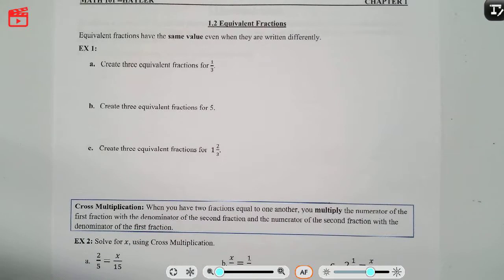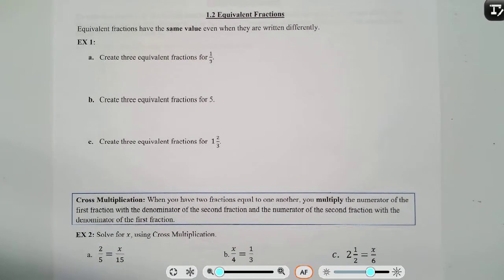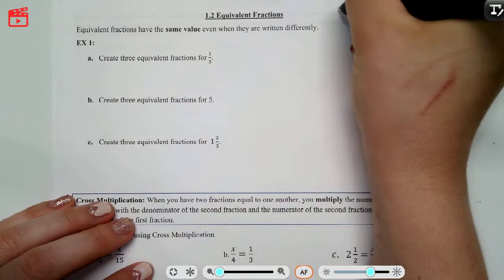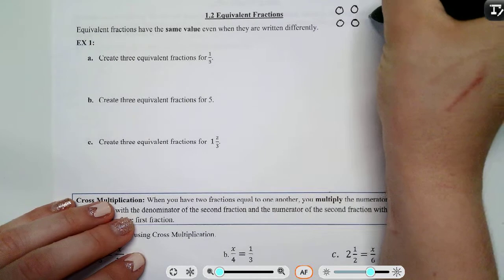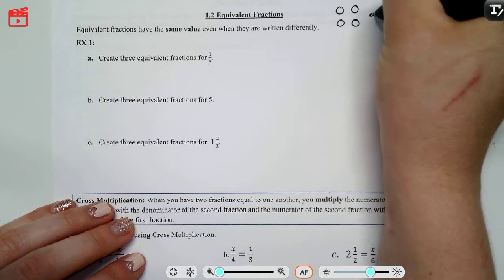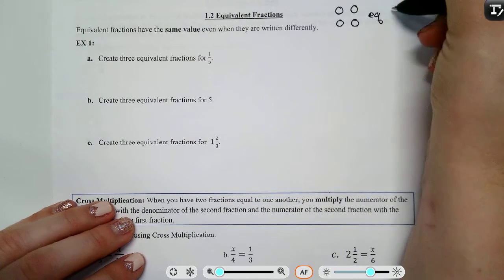1.2, we're moving on. So equivalent fractions have the same value even when they are written differently. Okay, so equivalence basically means that they are worth the same, but they don't look the same. All right, so for example, an equivalence that you might think of would be 4/4 is the same thing, so it's equivalent. What is 4/4 equivalent to? Well, one example would be